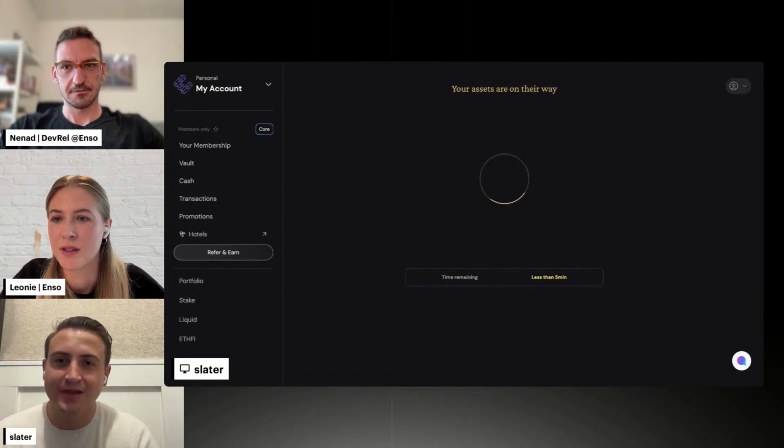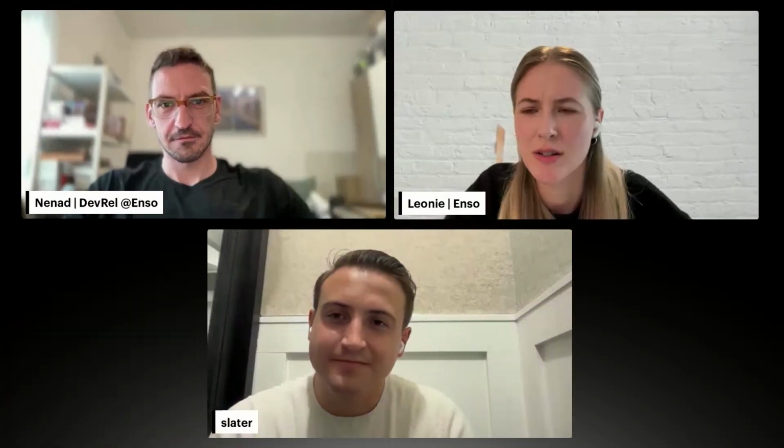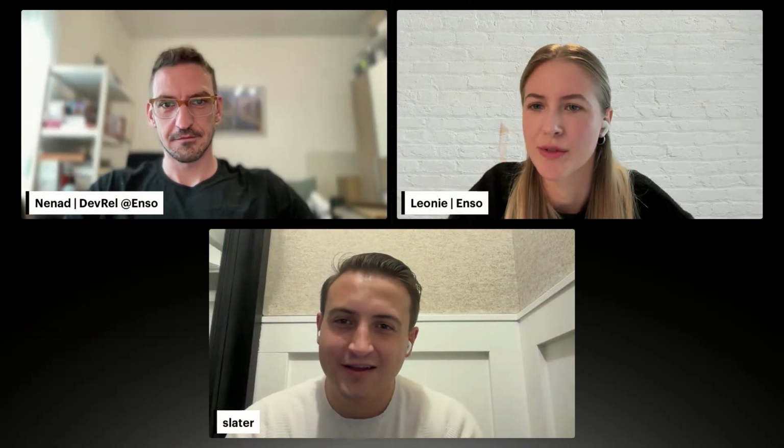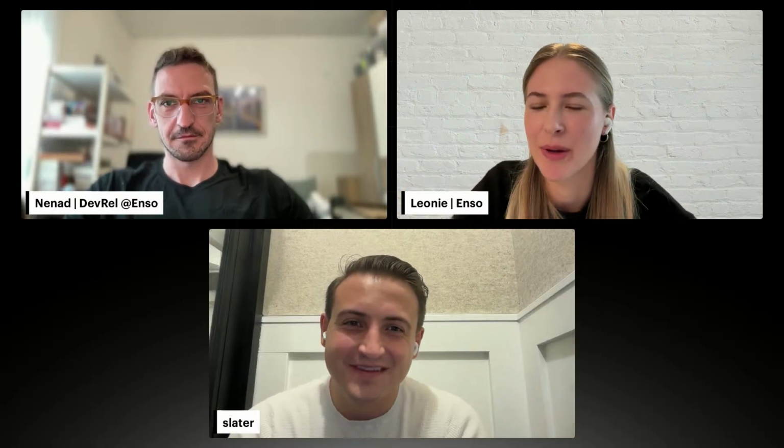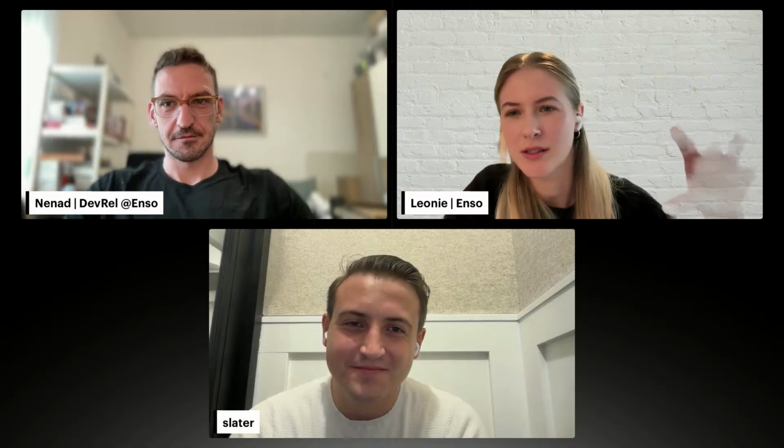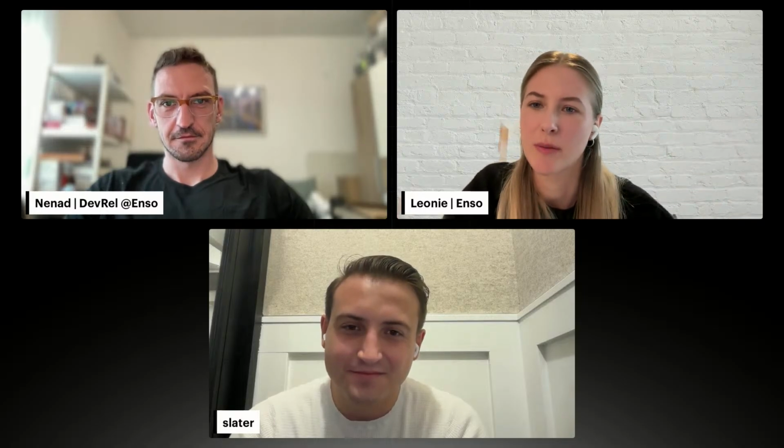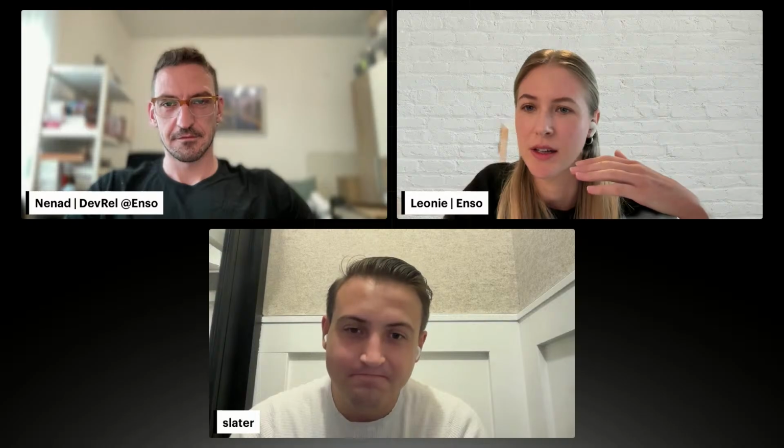Yeah, I think that's super interesting to see. Since when did you guys launch the card? I think that's just been super recent, right? So I haven't seen that cash part yet, but it's really interesting to see. And am I getting it right? You deposit into the liquid vaults and you can spend right from the card out of the vault. So you basically earn yield until you spend. That's right. You do earn rewards until that very moment.